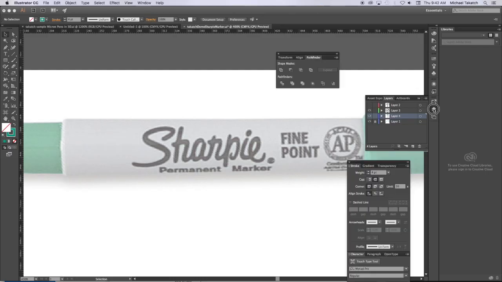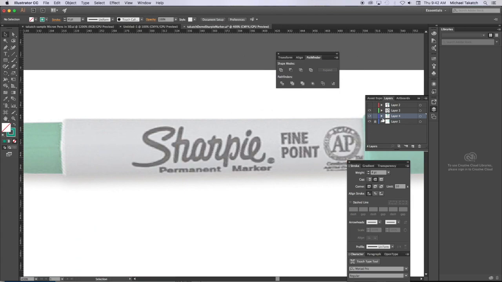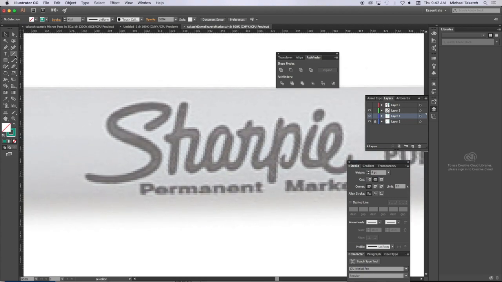Take a look at the layers, a couple of parts that just have the graphics. The pen and ink for the fine point and permanent marker is relatively easy, but for the Sharpie, rather than try to outline it, just take the pen tool again and go over the center part of the image. So right in here I just have the stroke and just kind of